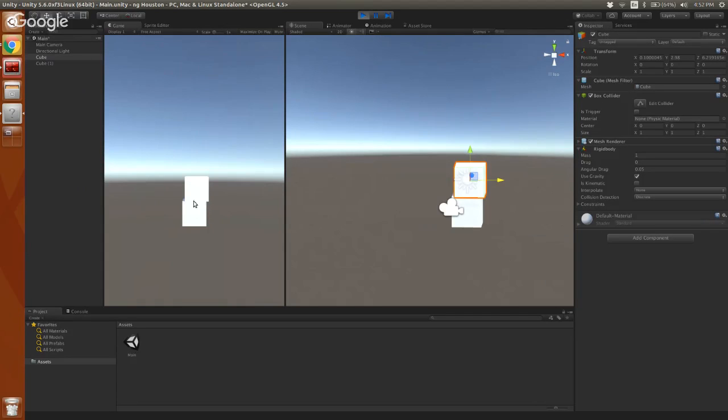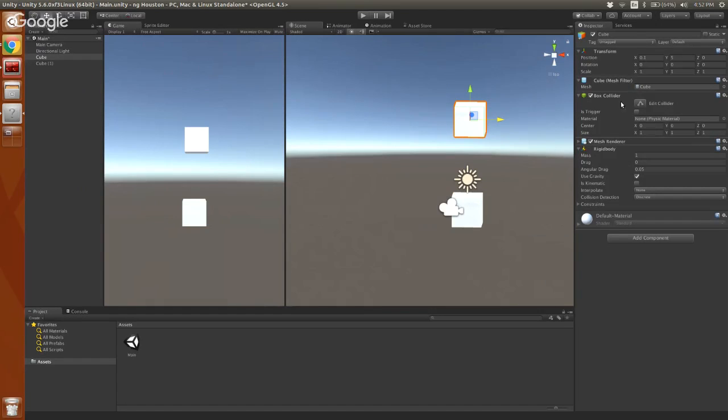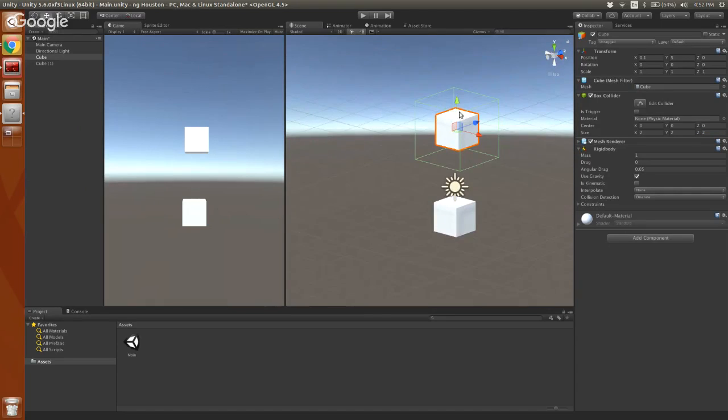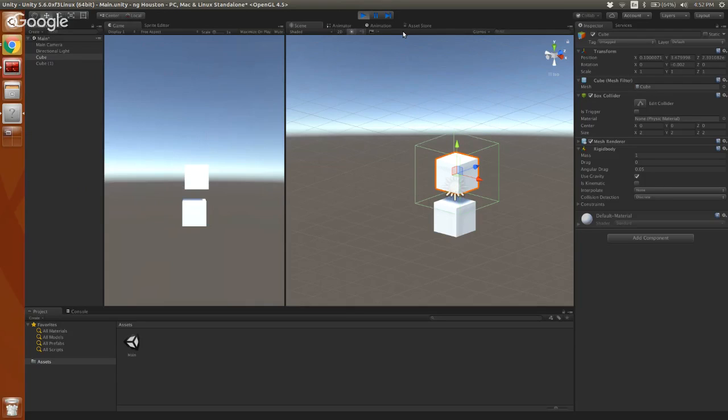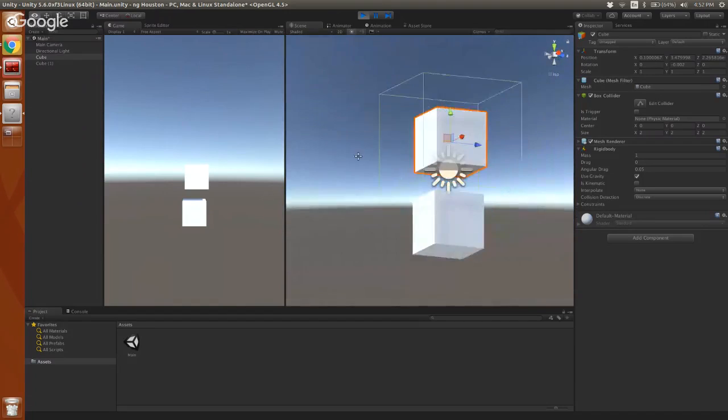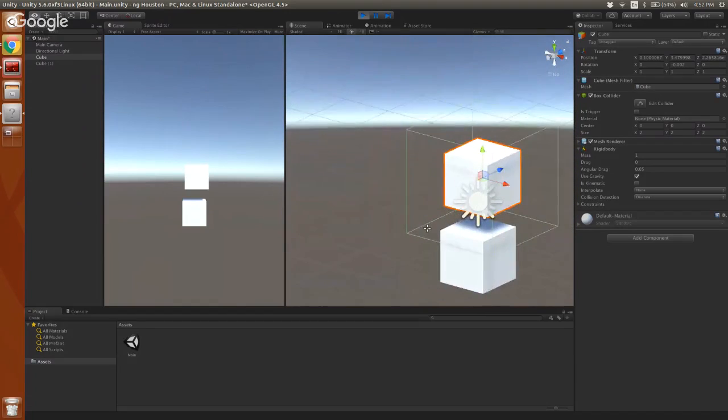So for example, right now, I drop this, and it falls perfectly. Notice how the size of this cube makes it sit perfectly on top of the other cube. But if we go back and we modify the size of that collider, we set it to 2, 2, 2, so it's now twice the size of the cube. You can see we have that green outline showing around that shows where the physical boundaries of this object are. And if we hit play now, it comes to sit on top of that cube with that resting space because the physical properties of that cube are bigger than the properties of the actual thing we're showing.